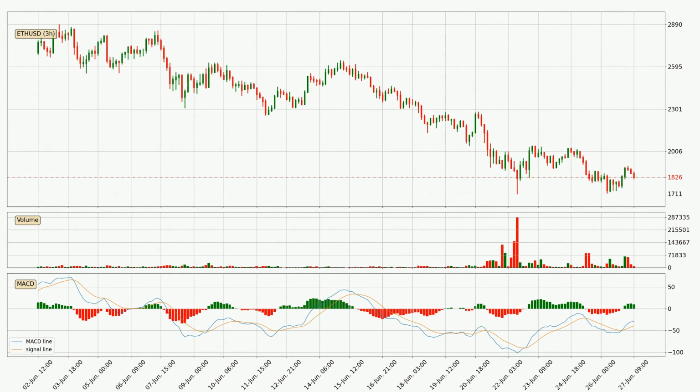Jumping to the 3-hourly MACD, the MACD line is above the signal line, which shows that the current trend is on the upside. The MACD histogram shows that the momentum is currently indecisive, so consolidation for some time or shifting the momentum could be expected, and you should wait to see if the MACD line will cross the signal line,